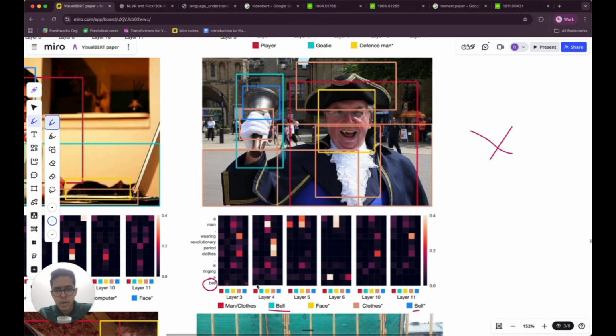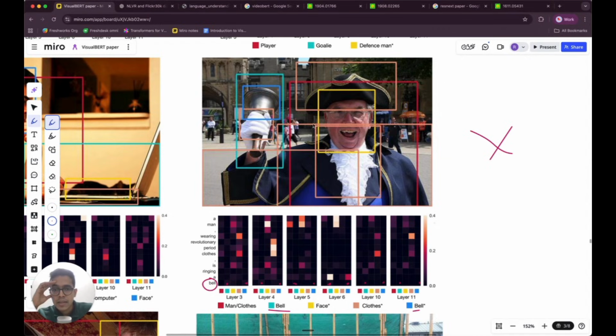There is actually poor correlation. Second and last, poor correlation. Second and last, extremely bad correlation. Bad correlation, bad correlation. So yes, this is where a misalignment is there. Wearing a Revolutionary period clothes. A man,